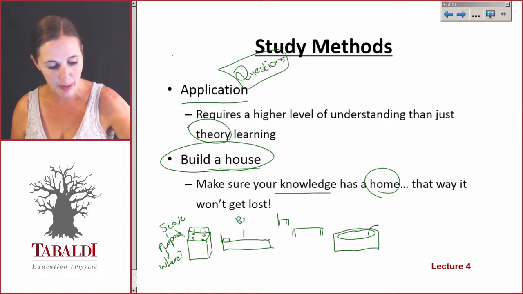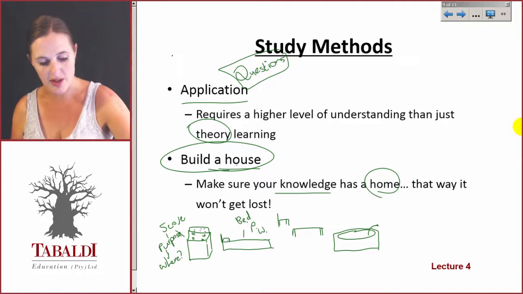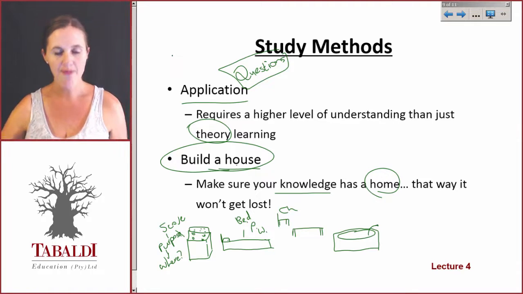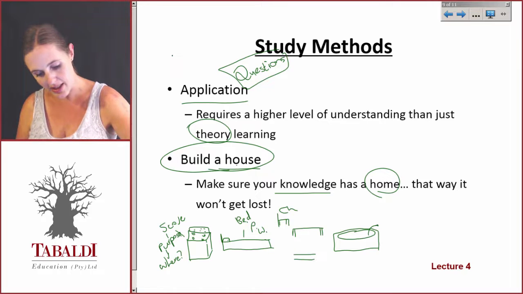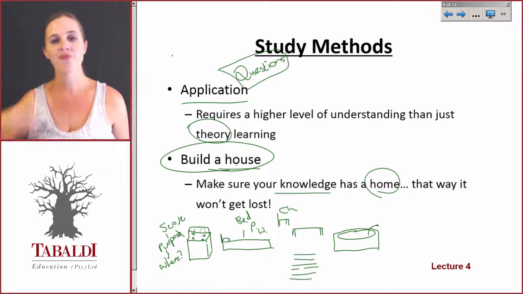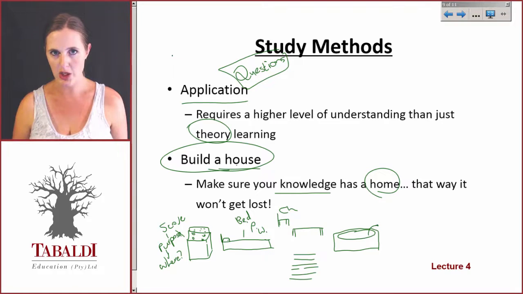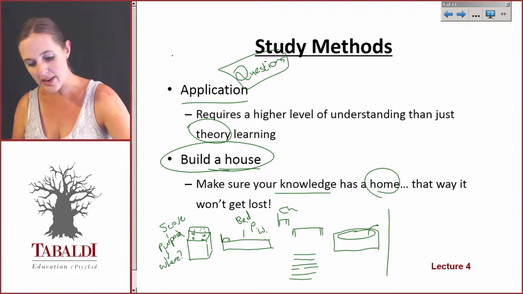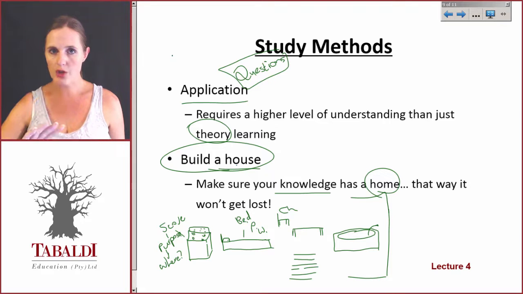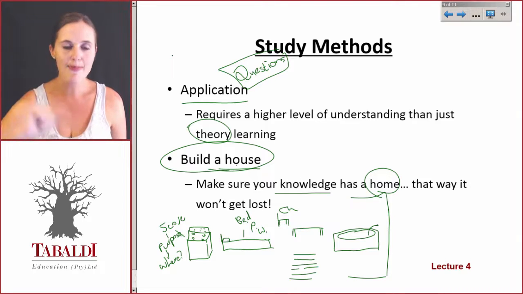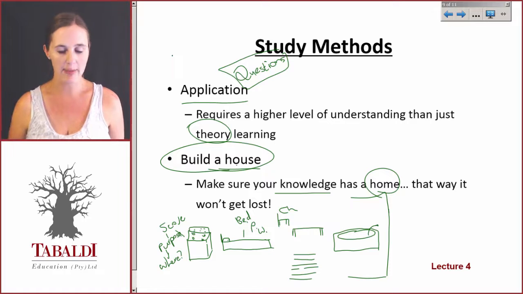Then I'd have to say, this is a bed, this is the purpose of a bed, and this is where it goes in the house. This is a chair. I think you get the point, right? In your mind, you have these lists of information: this is what this is, this is where it goes, this is what the purpose is. That's a lot of information. If I just give that to you on its own, you're going to battle to keep all of that in your mind until your exam comes.